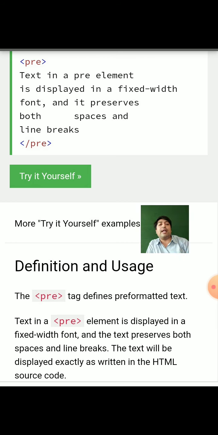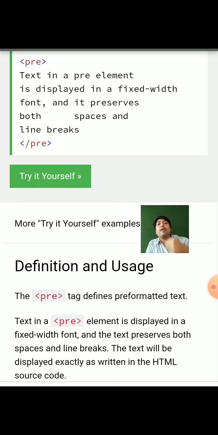Whenever you are writing inside the HTML coding, the same spacing and same text breaks are there. In a similar manner, on the web page you can see the same manner you have written inside the HTML document. Whenever you type HTML coding, it generally displays in a single line. Whether you write in different lines or leave different spaces, it does not leave the space on the web page.